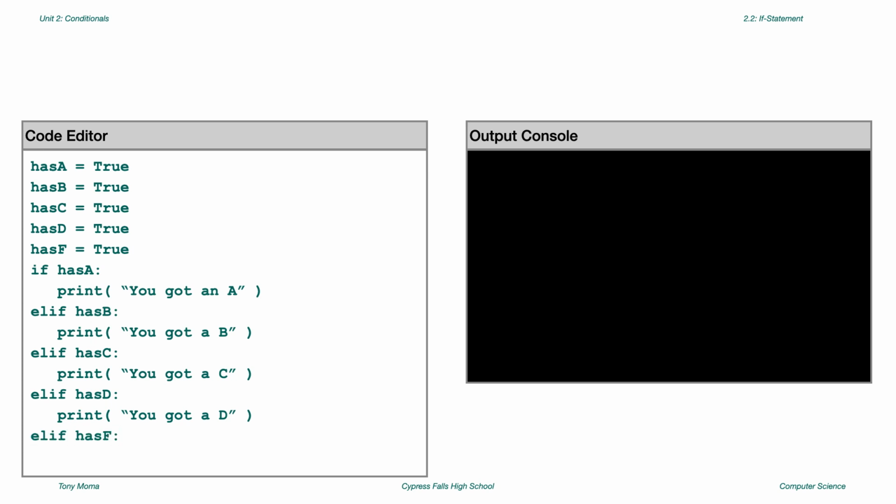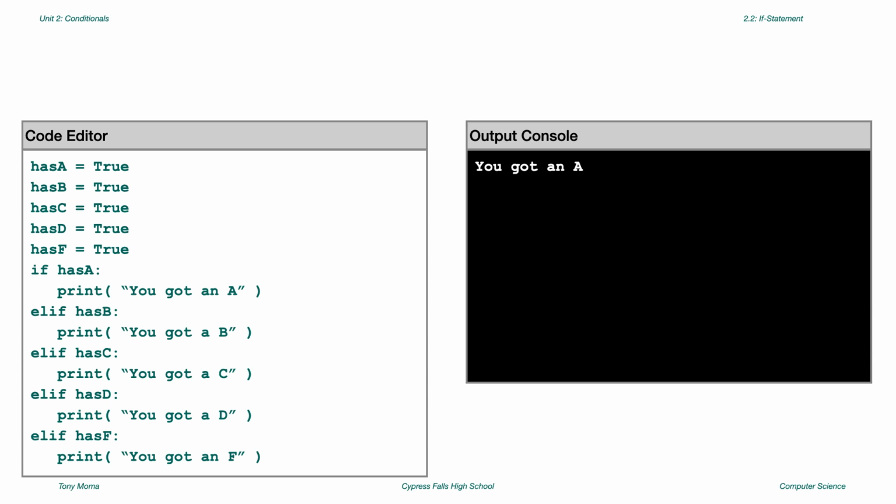Else if hasF is equal to true, print you got an F. Now let's examine how the Python interpreter would interpret this. So we start by, as we said before, creating 5 variables. We're setting each of them to true. Then the Python interpreter goes to the initial if statement. It sees that the condition for the initial if statement is true, so it executes its corresponding conditional statement and